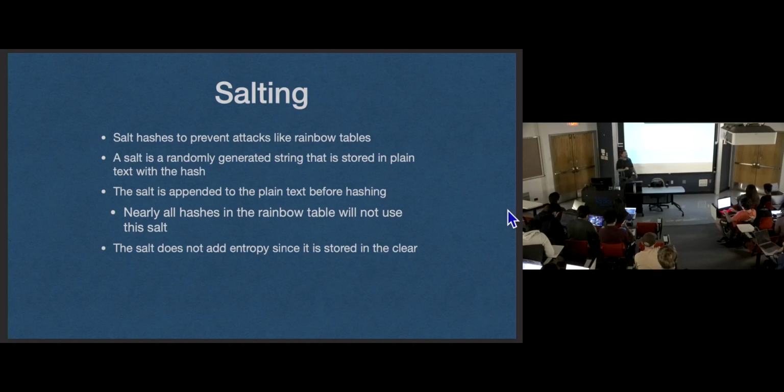Any attacker who attacks this database gets to know what the salt is, and they can still launch their dictionary attacks, they can still launch their brute force attacks, but their rainbow tables are completely useless, because their rainbow tables are built off this function that generates these supposedly valid guesses, but almost none of those valid guesses are going to have that salt, either prepended or appended, whatever you're doing, as their value. It's not going to have that salt in there. So these rainbow tables are useless now because we all know to salt our hashes now.